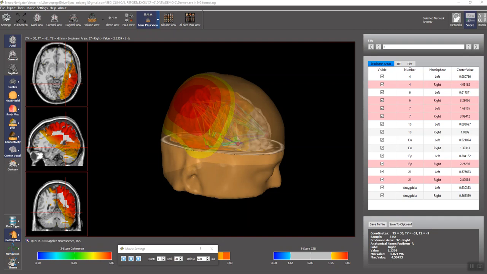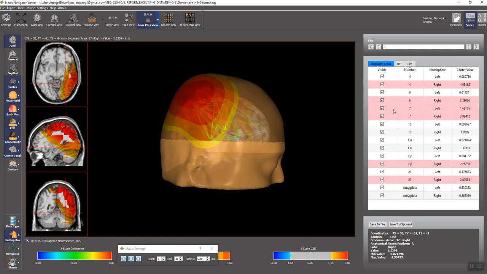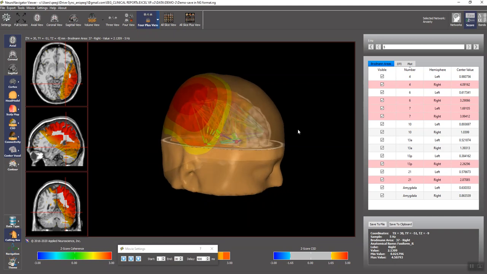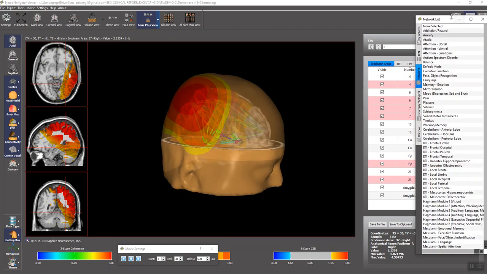This is an update of the NeuroNavigator inside of NeuroGuide. It is part of the release of NeuroGuide version 3.0.9.3. The addition is a couple of interesting things. You have the standard view and all the controls that exist. Nothing has been changed there, but what we've added were the various networks which are inside of S-Loretta and also